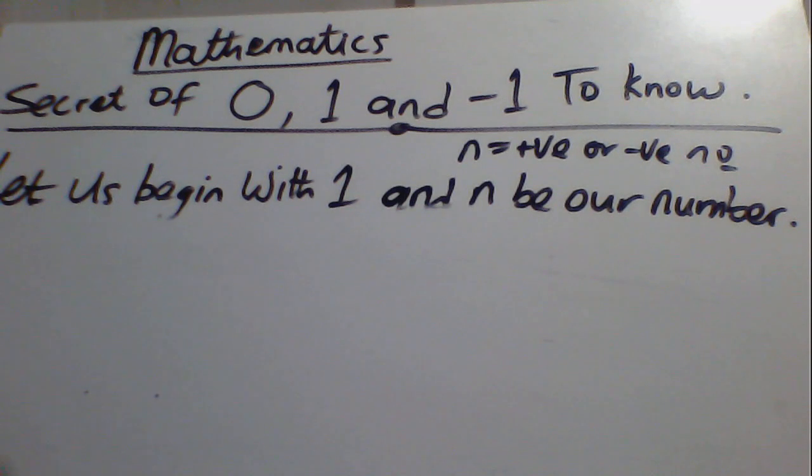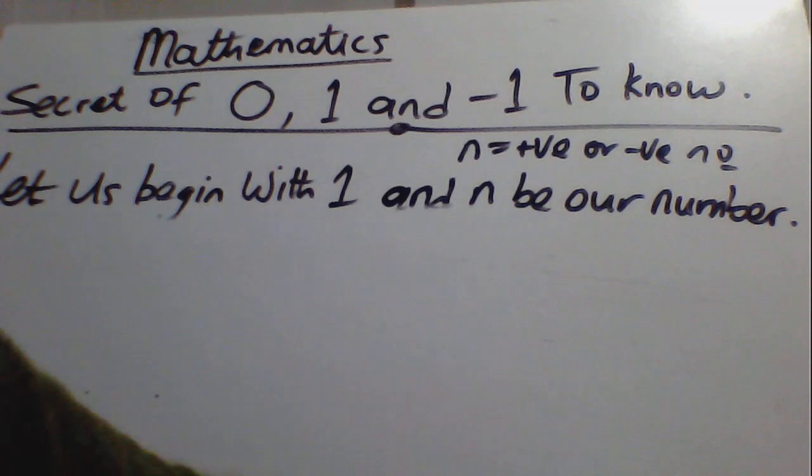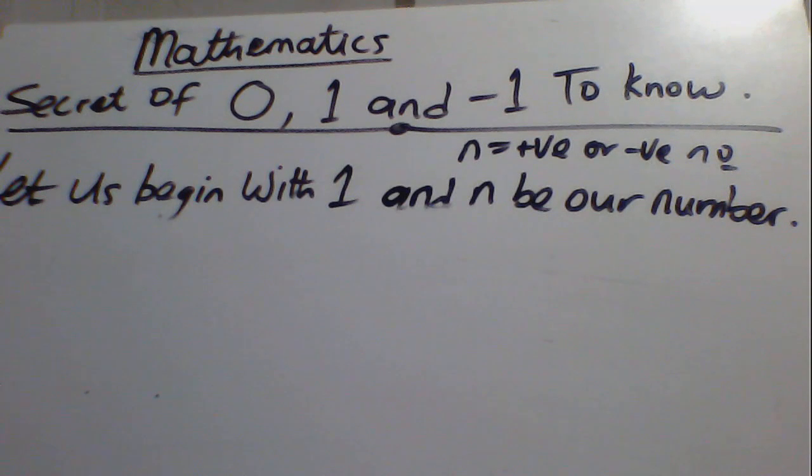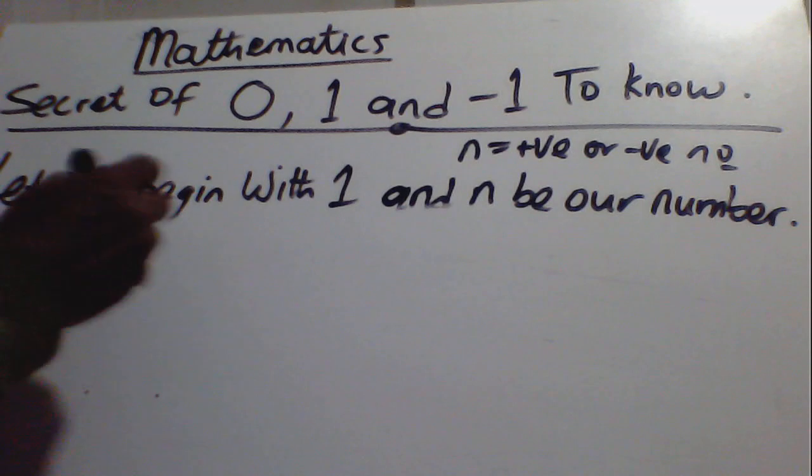That is the fifth one. Subtracting 1 from a number equals what? It decreases the number by 1. The result is equal to the decrease of the number by 1 multiplied by minus 1. So the fifth one you have to know about 1 is